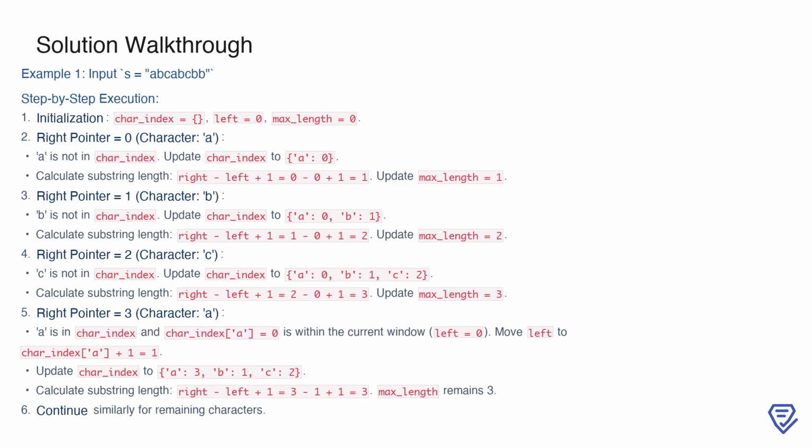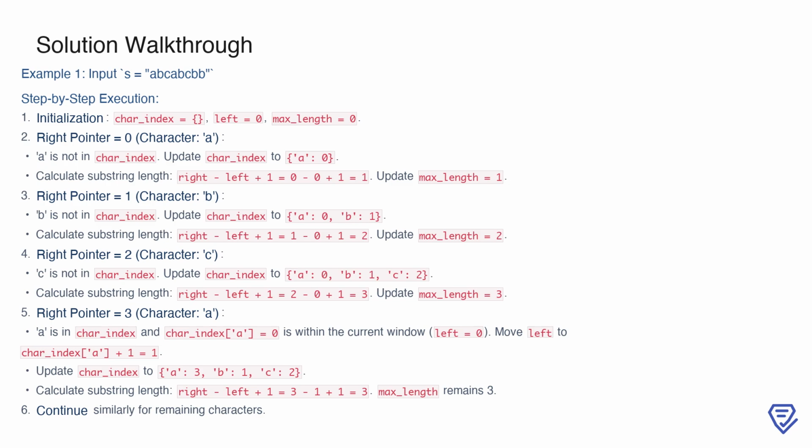Initially, we set up char_index as an empty dictionary to track the last index of each character, left to 0 as the starting point of the window, and max_length to 0 to keep track of the longest substring we've found. Starting with the first character, at right equals 0, we see a. Since it is not yet in our char_index, we add it with its index, resulting in a: 0. The length of the current substring is calculated as right - left + 1, which gives us 1, so we update